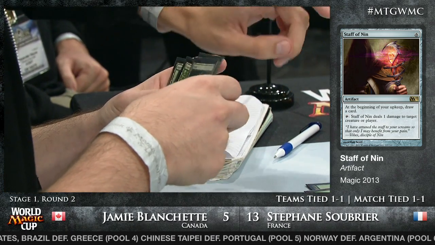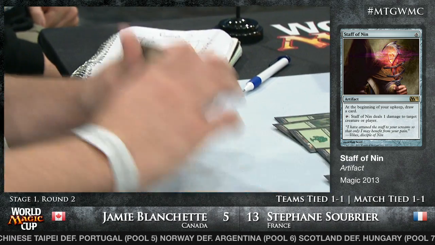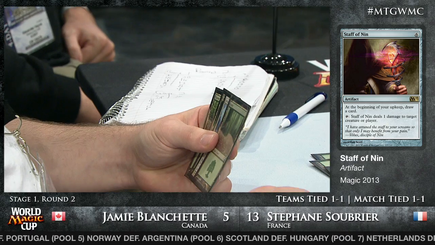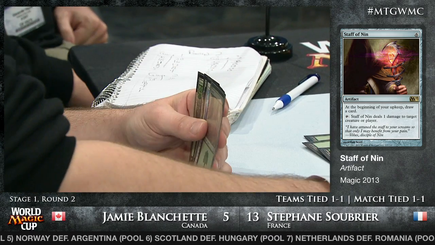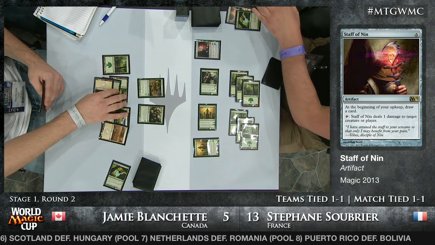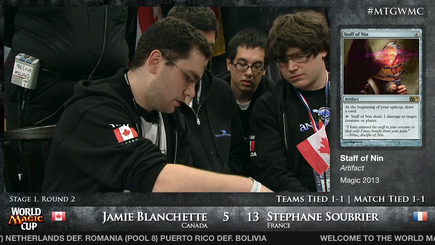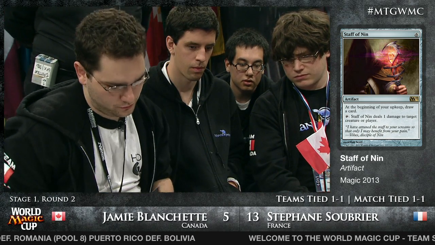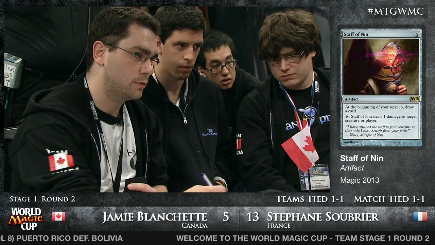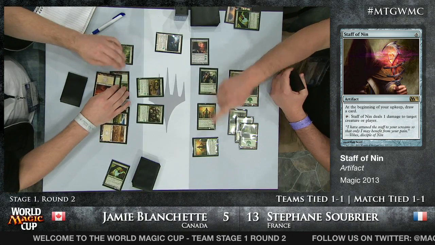Sure. I think I swing with the Bullet after. He's going to take out the staff with the Oblivion Ring. Yeah, sure. You go to 12. There's still 4 mana available. Jamie Blanchet, he's holding on to 3 lands, so